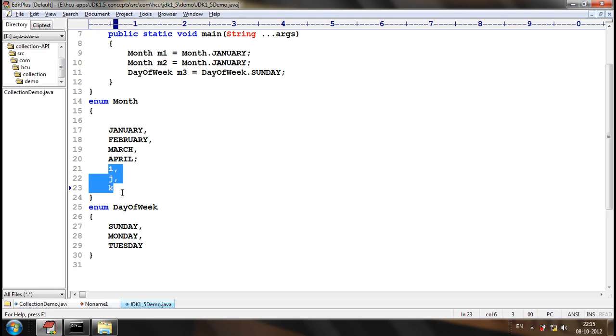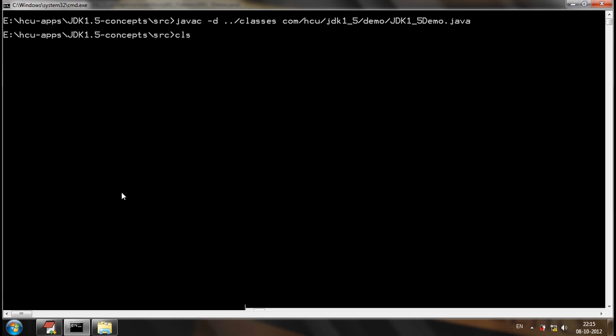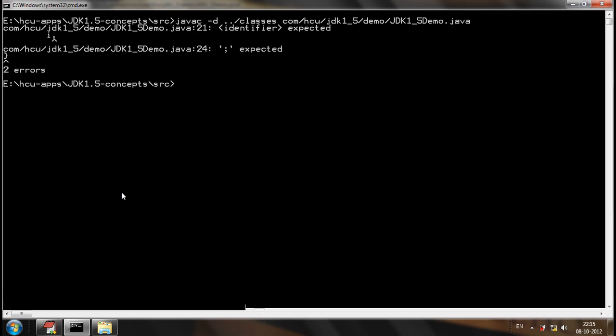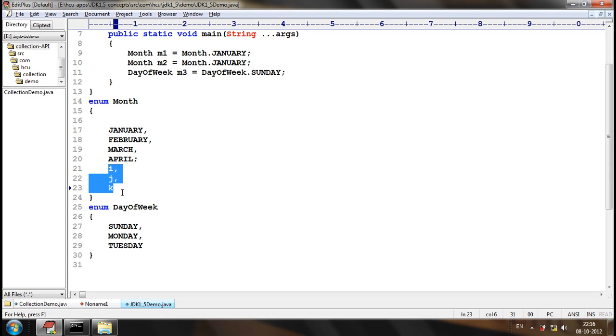These are considered to be normal identifiers. Identifiers without data type will be a compile-time error. So it is telling that some identifier is expected before i, just because up to the first semicolon, these are considered to be enum constants.